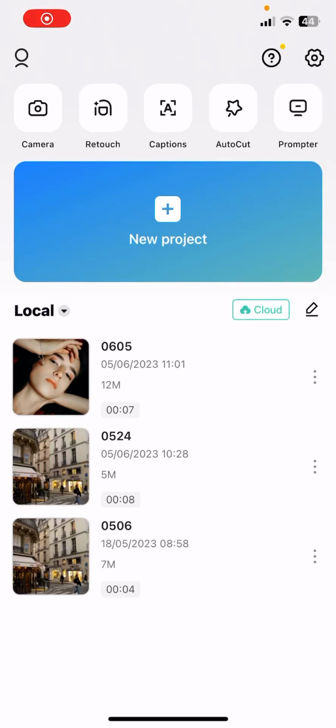Hello guys, in this video I'm going to show you how to copy clips in CapCut, but first I wanted